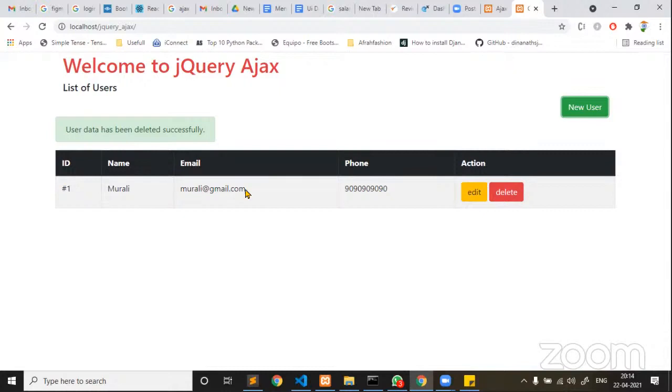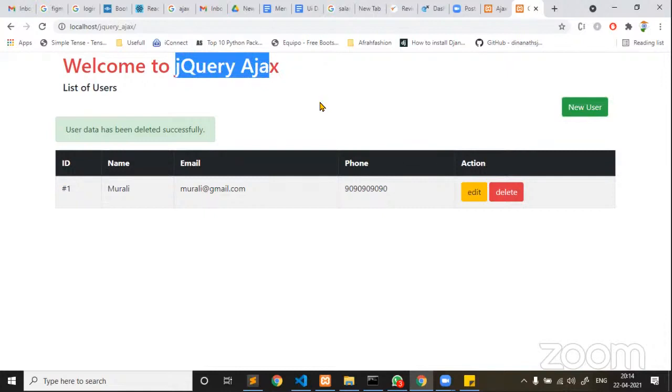Internally, the client is sending a request to the middleware. The middleware is processing the request to the database. Again, once the data is successfully inserted, we are fetching the data from the backend to the front end to display it. This is where the push and pull requests are both happening simultaneously. To implement this, we have used jQuery and we also used Ajax.